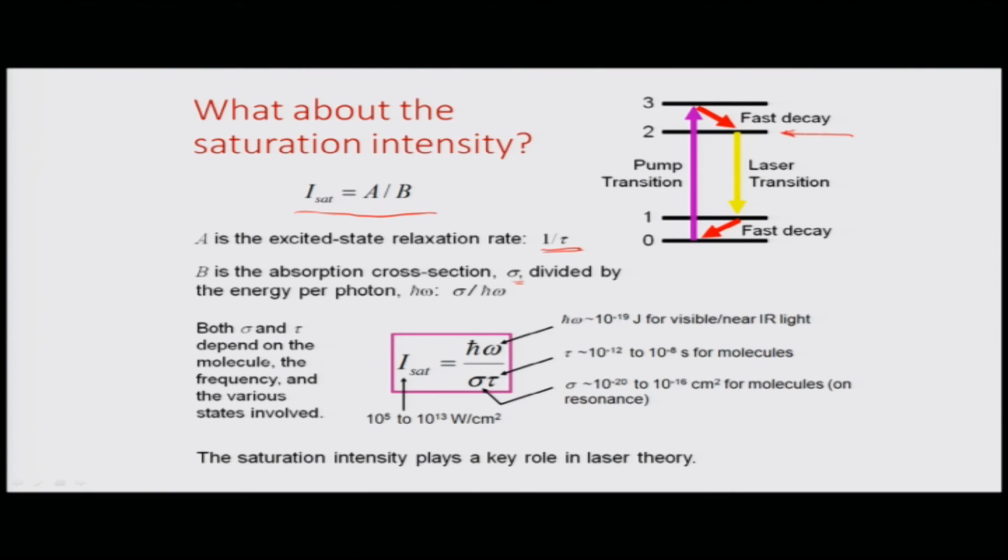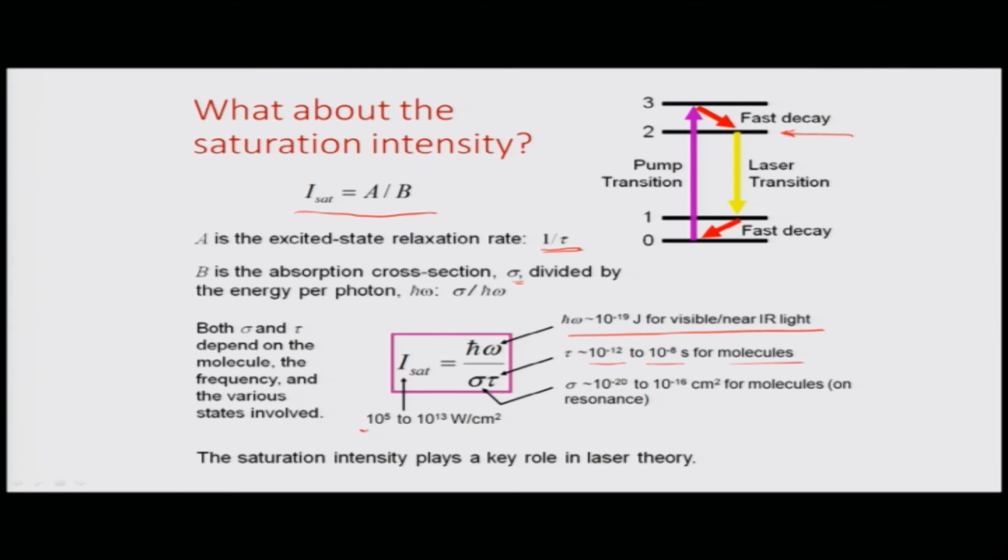So, both the sigma and tau depend on the molecule, the frequency, and the various states involved, depending on how we define it. And here are some typical numbers. For visible and near IR, we have h nu as this value, and tau is roughly a picosecond to some tens of nanoseconds for molecules, and the cross section on resonance for molecules is quite high, in the order of 10 to the power minus 20 to minus 16 square centimeters,